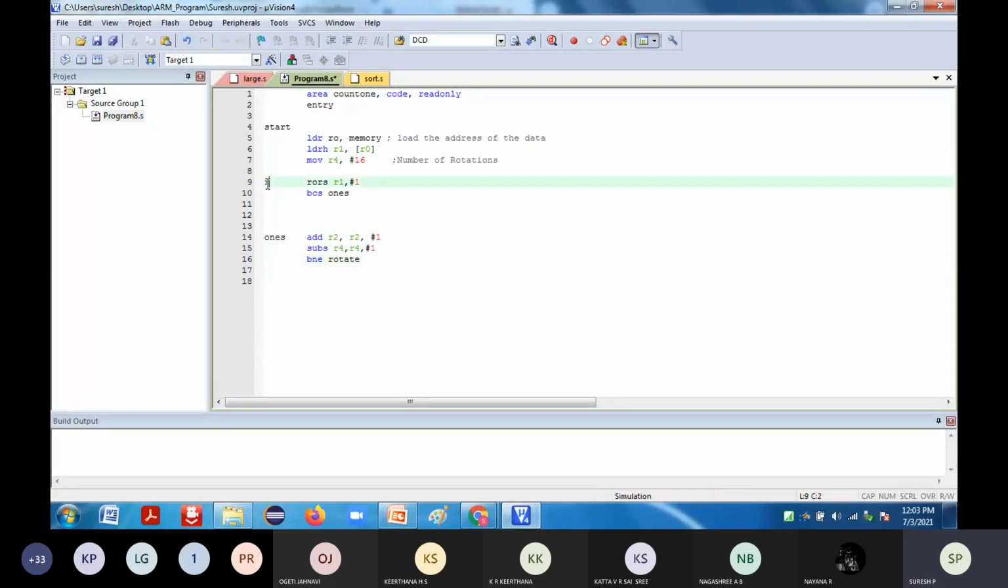So this particular control will come to this particular label, where rotate is a branch if not equal to rotate. So this particular rotate, where it has to jump, it will jump to here, rotate. Okay. So now, if the branch on carry set is not done, so if the mode bit is 0, then